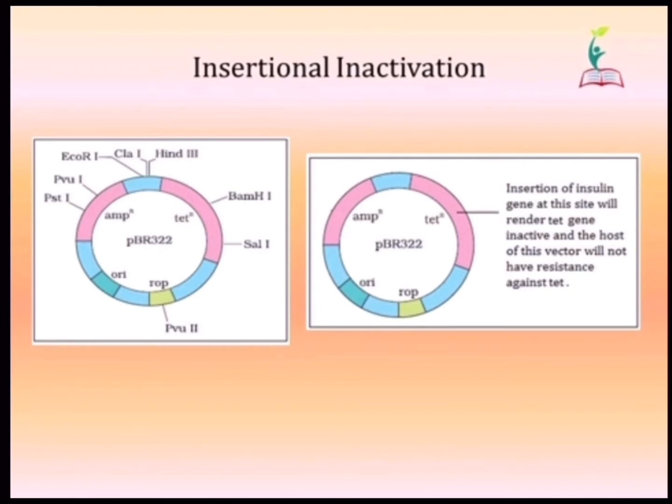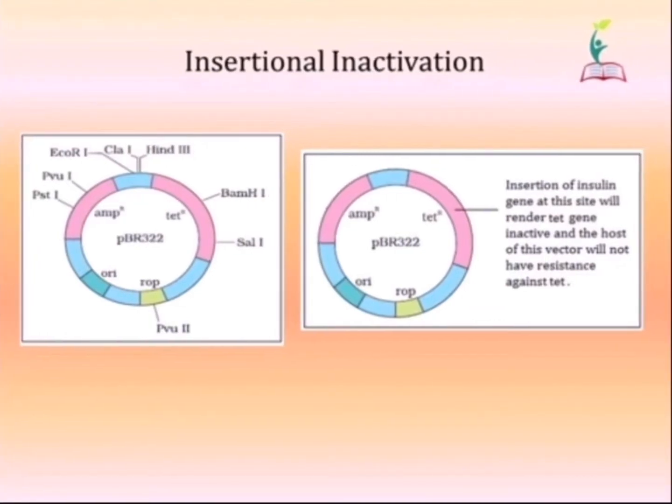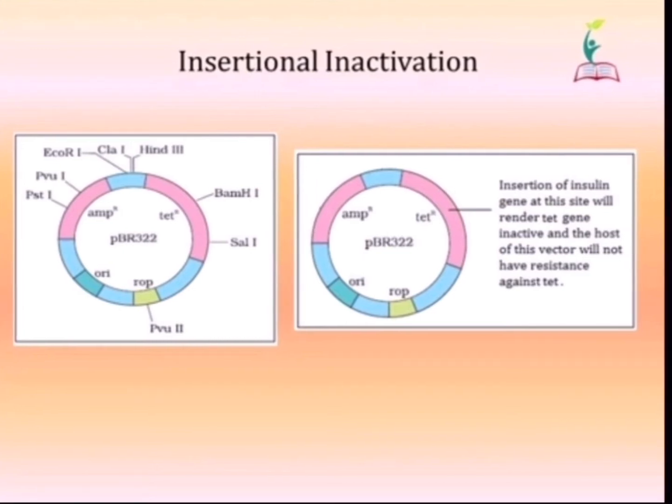And now the same enzyme will be cutting the gene of interest. As a result, that gene of interest can be ligated where the plasmid has opened up. Now, because the foreign gene has been inserted into the region where the tetracycline resistance gene is present, that gene will not have its power of antibiotic resistance. So when any foreign DNA is inserted into the actual gene, that actual gene becomes inactive. So it will not express in the host cell or in that bacterial cell.